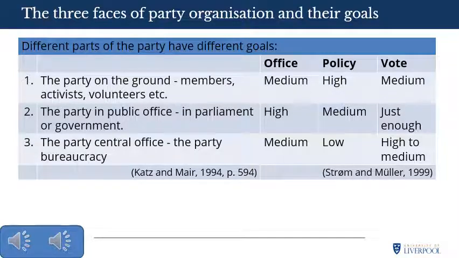So, starting with the office-seeking party. Office-seeking parties want to maximise their control over the benefits of holding political office, that is, controlling as many government offices as possible, by forming single-party government or by joining or increasing their size within a coalition government. It's important to remember that a lot of these theories were developed from a pan-European perspective rather than a narrowly British perspective. So there's more of a focus on parties in coalition that we might not get if we developed theory solely for Britain.